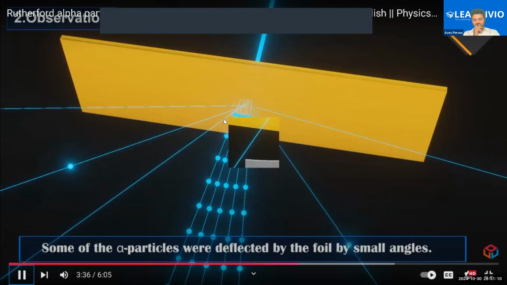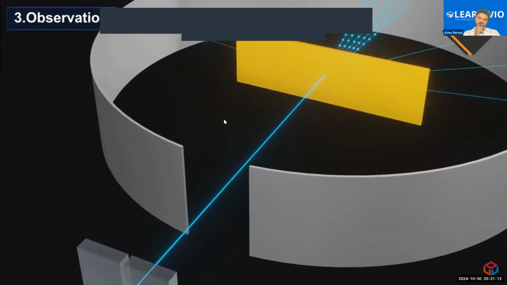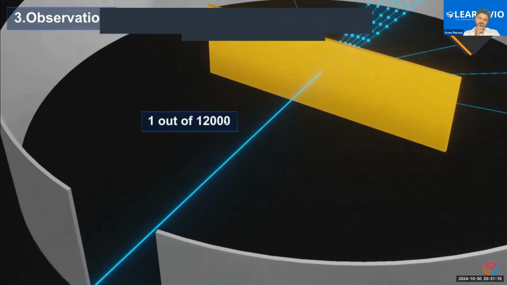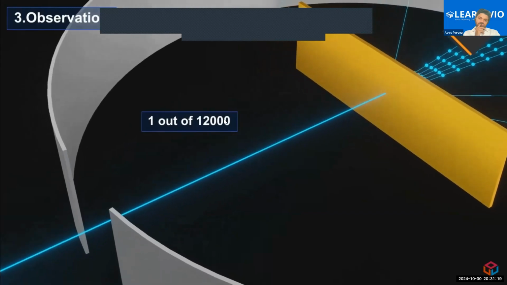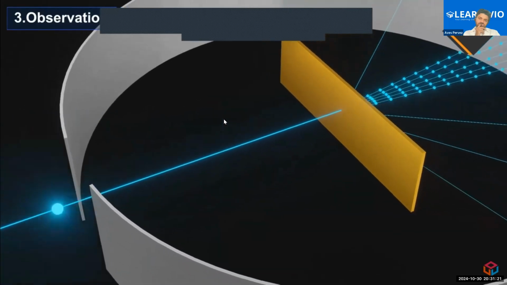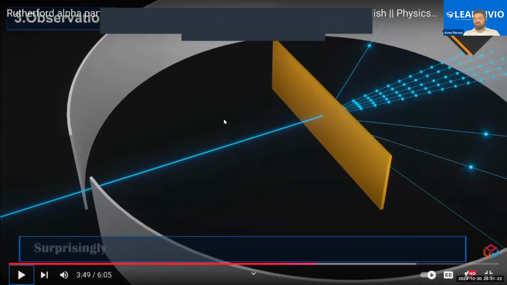Third observation: about one in every 12,000 particles hit the gold foil and bounced back at 180 degrees. Surprise. So one of the alpha particles rebounded back along its original path. This indicates that